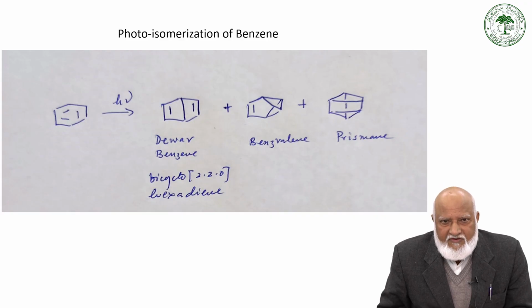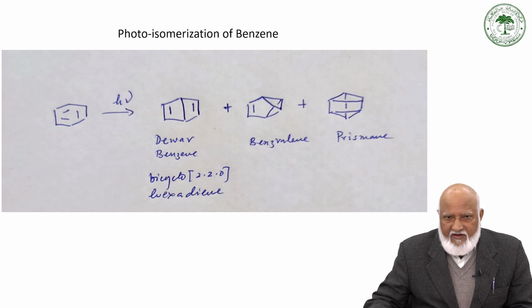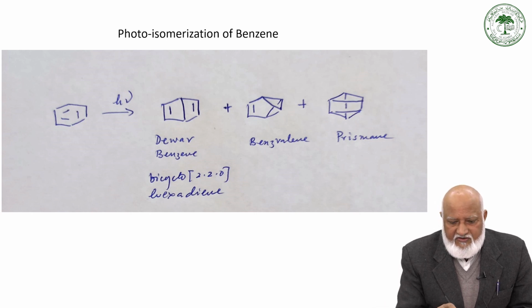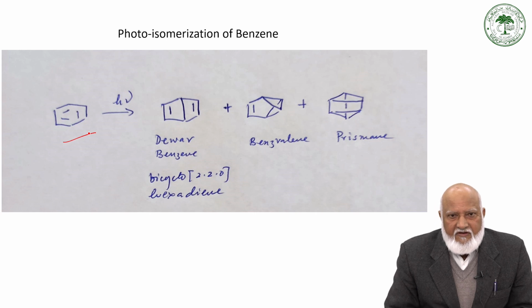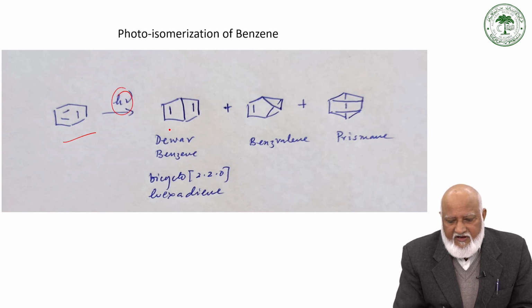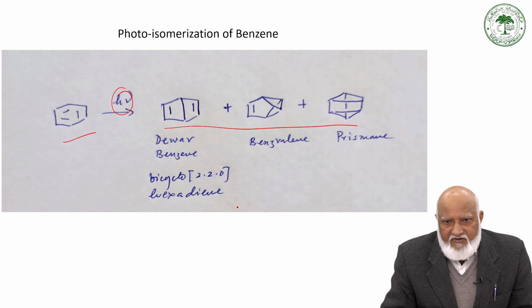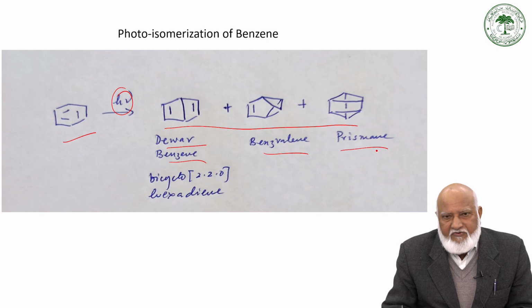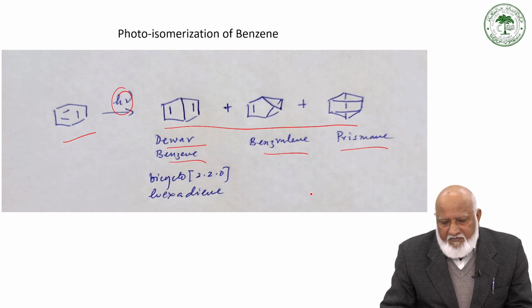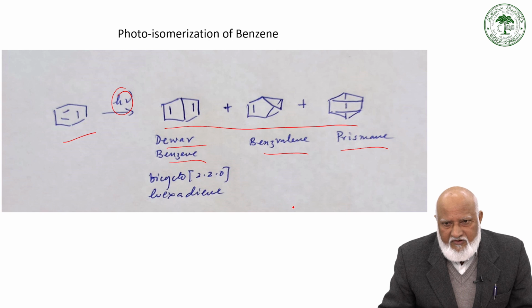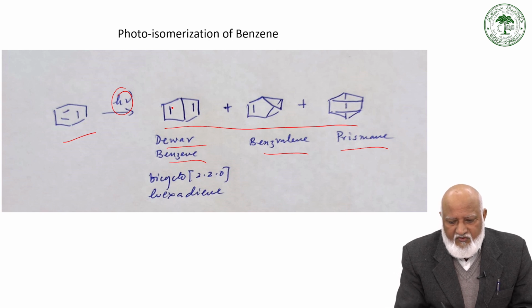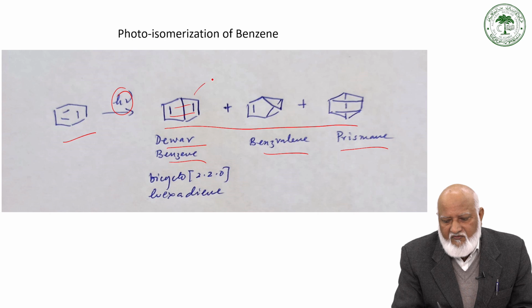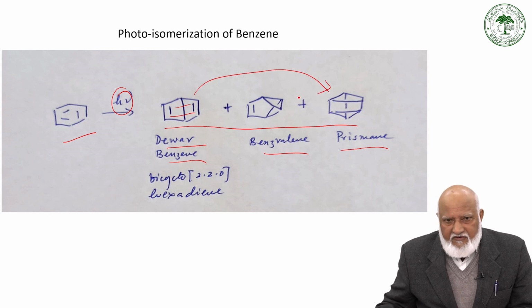Last lecture we have been discussing the photoisomerization of benzene. We mentioned that benzene under photolytic condition gives three valence isomers. The first one is Dewar benzene, the other ones are benzvalene and prismane. It has been found that prismane is not the primary product, but is derived from the 2 plus 2 cycloaddition of Dewar benzene. We also looked into the mechanism for the formation of these photoisomers